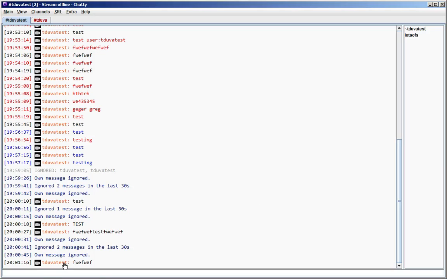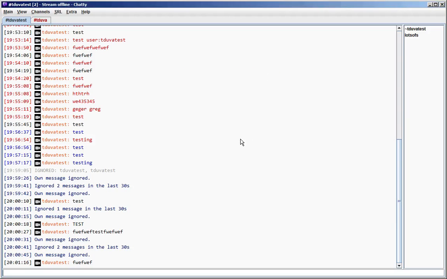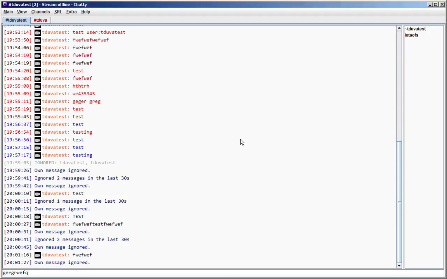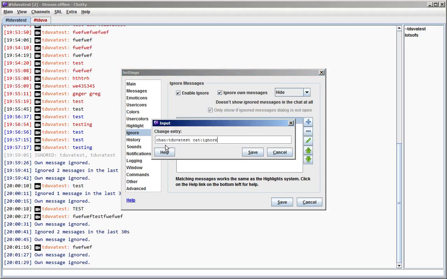So you could add users to the ignore category, and then all users in this category are ignored, but maybe you only want it in all channels, except the ones you maybe are moderator in, for example.